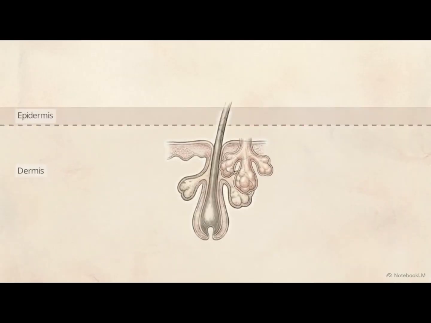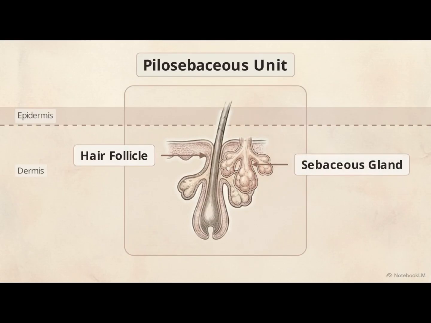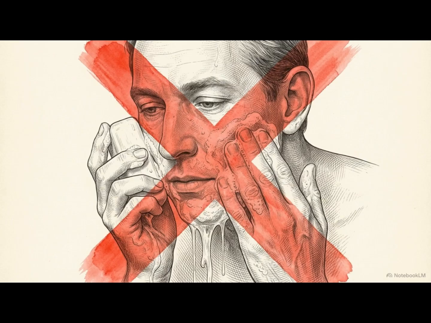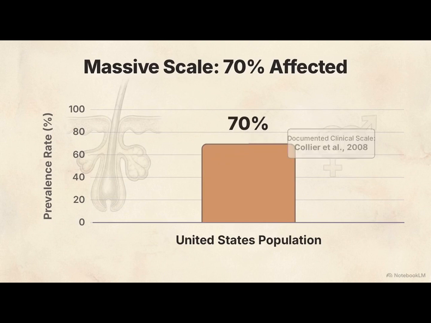Acne vulgaris is a complex inflammatory disease of the pilosebaceous unit, the anatomical structure comprising a hair follicle and its accompanying sebaceous or oil-producing gland. It is a strictly biological cascade, completely unrelated to the myth of having dirty skin. This chart shows the massive demographic scale of the condition. In the United States alone, it affects over 70